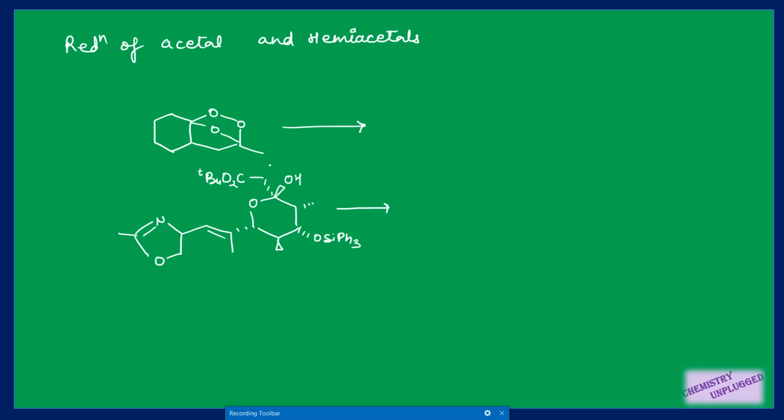Then the next important point about this is the reduction of acetals and hemiacetals. So we have here, this one is your acetal and this one is your hemiacetal type structure, right? So in the first condition I am taking triethylsilane and TFA. So these two oxygens will be removed. This is your acetal, and now you know how we can synthesize acetals. So this part will be completely removed and you will get this type of structure, right?